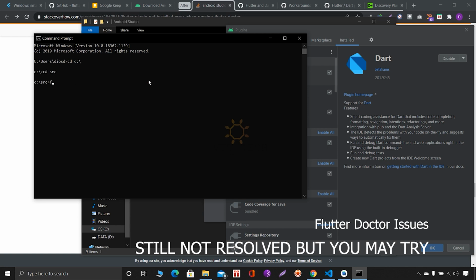Also, we can do a Flutter upgrade first. If any upgrade is there, you do the upgrade. It is already up to date. Okay.